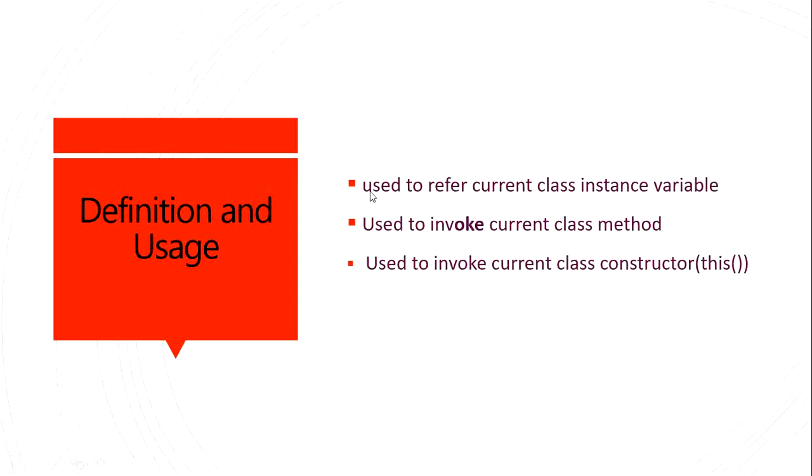Students, actually this keyword is used when there are two variables, two functions or constructors, used with calling the methods and constructors, and also used to remove the ambiguity or confusion in the compiler. How? Just let's see and try to understand. Let's see first how to refer to the current class instance variable, through the example.